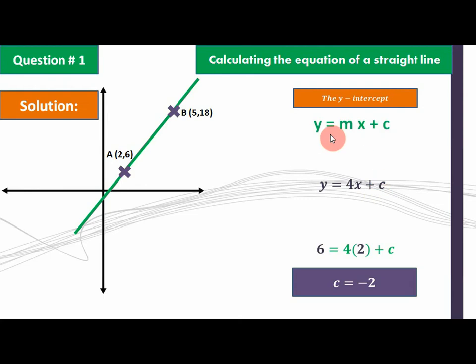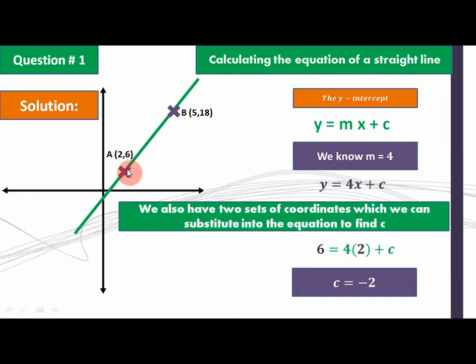Now first we have to write the equation of a straight line, and we just put m equals 4, so it becomes y equals 4x plus c. Now we have 2 points, 2 coordinates on the line, so we can use any point to find the value of c. So we are going to use A, which is 2 and 6. Just put the values of x and y in the equation. The value of x is 2, here we put x is 2, and the value of y is 6, here we put y is 6. Now just solve it to get the value of c.